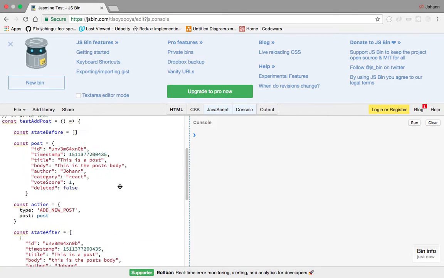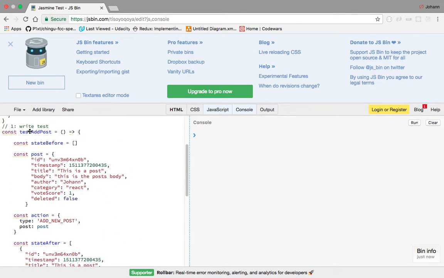So what I will do is I will write a function that I will test, declaring the state before, which is just an empty array, because what I want is an array with posts in them, and each post will be an object. I declare a post which will resemble the post that I will be sending through to my reducer from a form on my application,